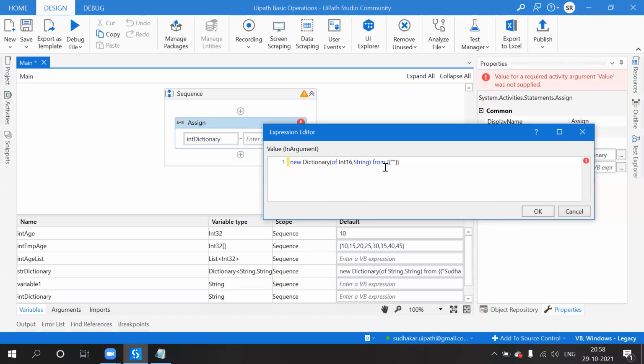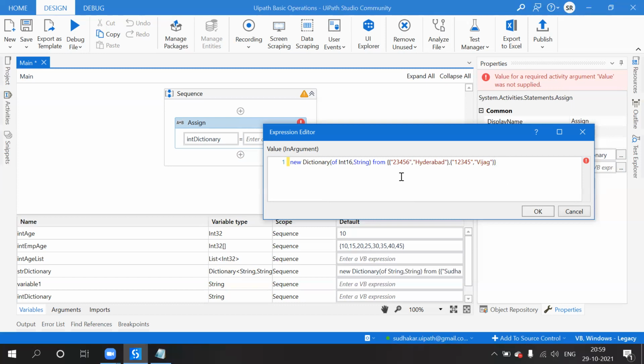Here I am going to provide some train number 23456, comma, it will go to destination Hyderabad, comma, 12345, comma, where it will go, Vizag.